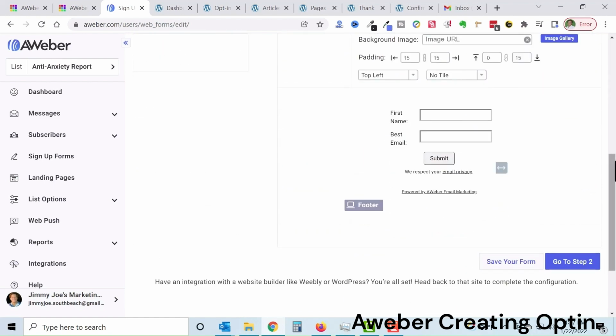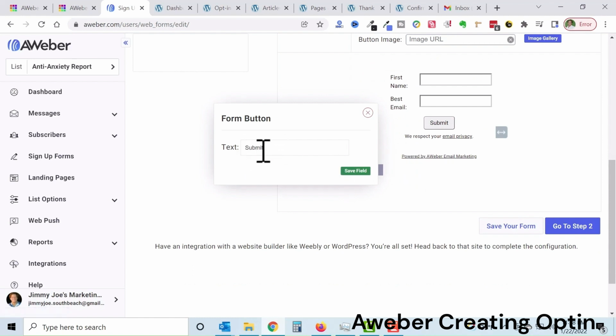If you'll notice, there wasn't a required option because it's automatically required, right? You got to have the email address to get into the email list. Okay, so we're going to click here. We're going to alter the submit button. Just click in there. And instead of submit, I'm just going to say